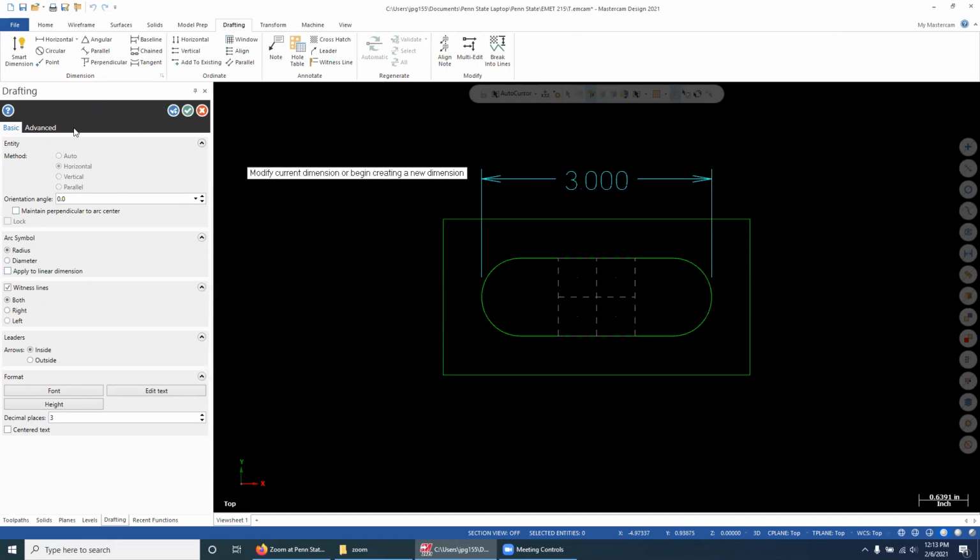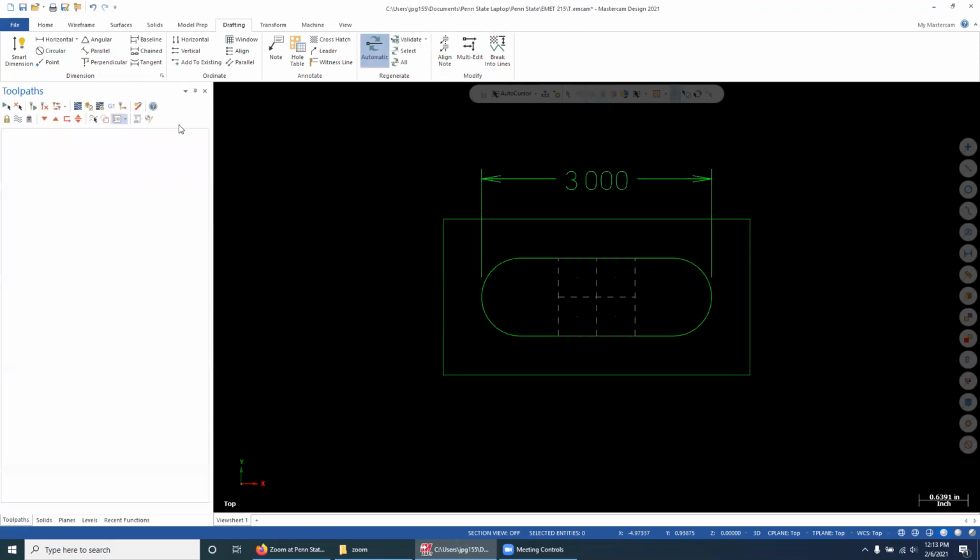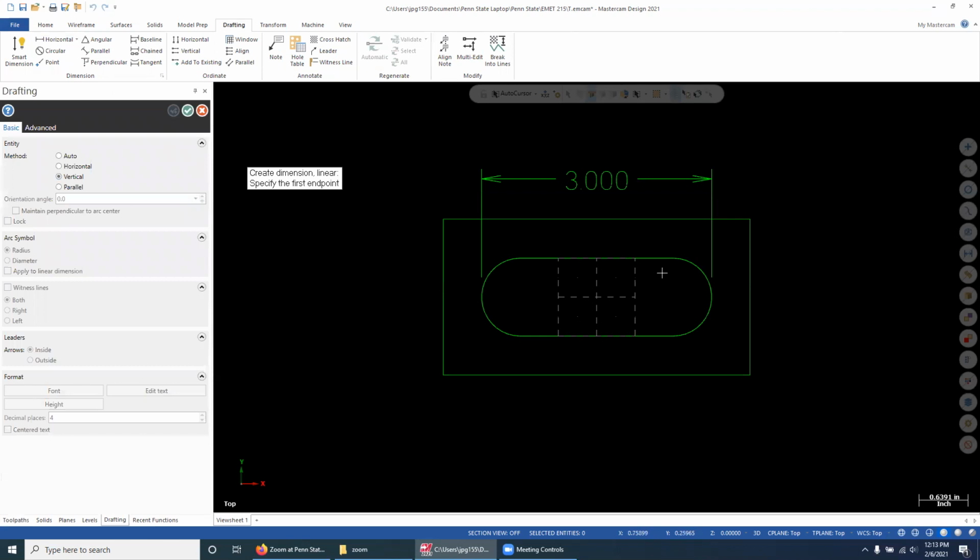So what I'm going to do now is get out of this and use, in this dimension drop down, the vertical, and I will select here and select here. And so now you can see, this is the 1 inch height that we selected for the ob round. So these are the dimensions. I don't really need the dimensions in here, but I just wanted to give you a very brief introduction to adding dimensions here